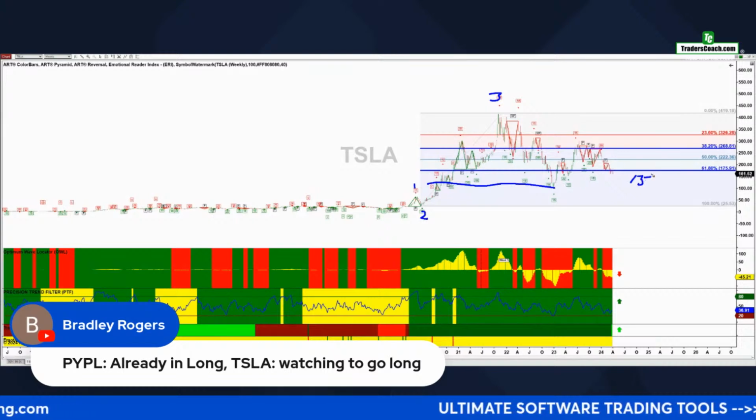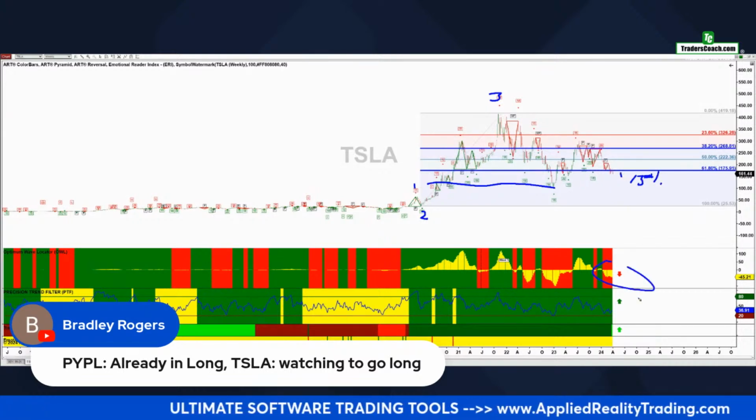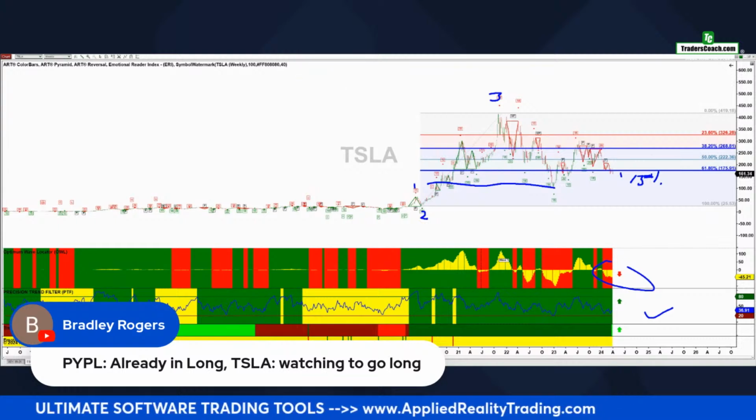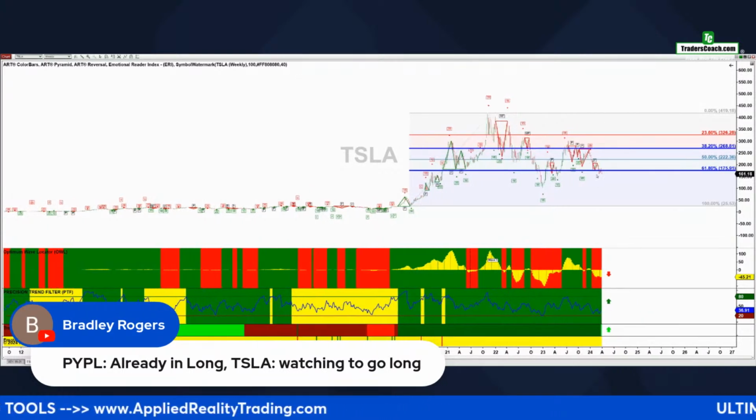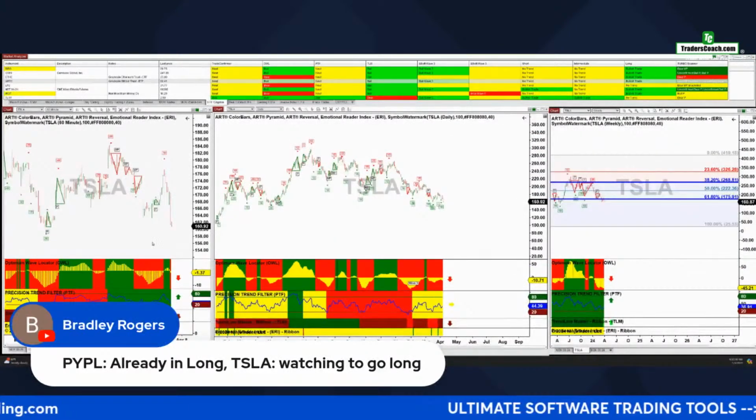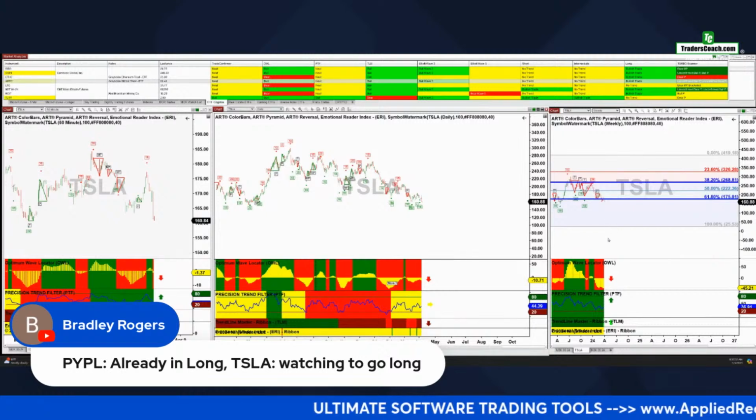15% of the time you have pullbacks that are significant and you're still heading down. So this is red, this is green, indicating that more highs are eventually coming. All right, so I would not go long at this particular point. Let's see, the other charts are showing bearishness here too.